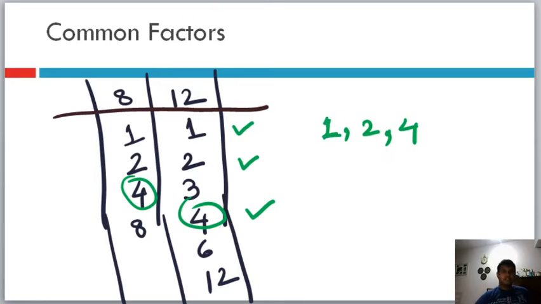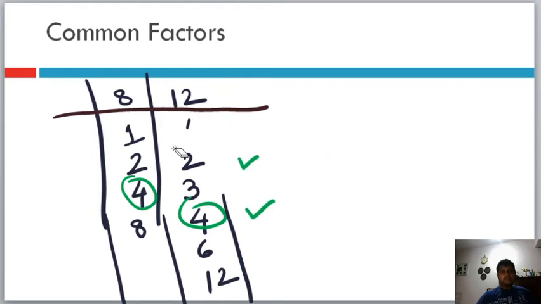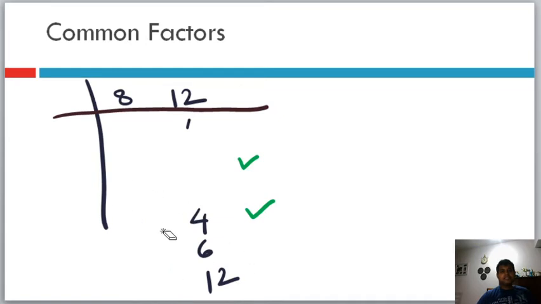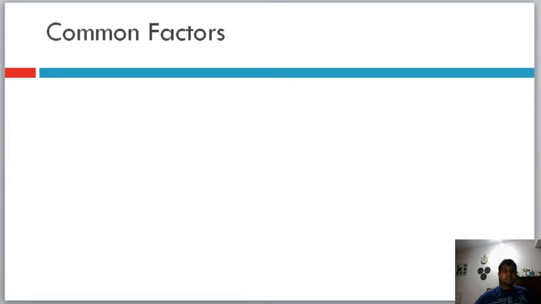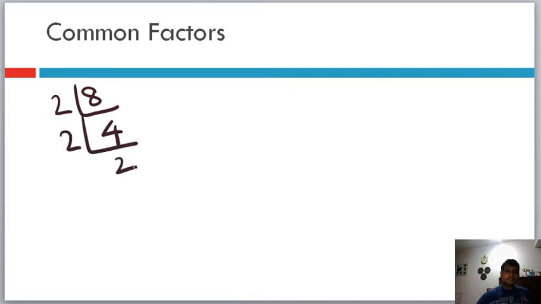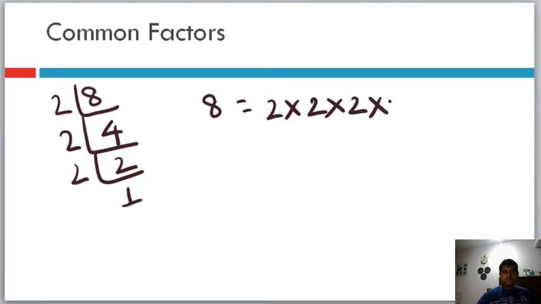Now the question is, how do we identify common factors? And it is very simple. We will have to factorize each of the numbers, and then express the numbers as their multiplication. So let's take the same example, 8. We start to factorize, we see that it is divisible by 2, and we learnt about it yesterday. Then again it is divisible by 2, again it is divisible by 2. So 8 can be written as 2 into 2 into 2 into 1.